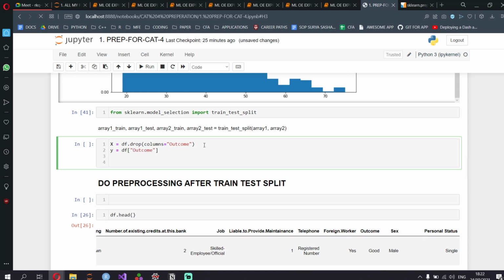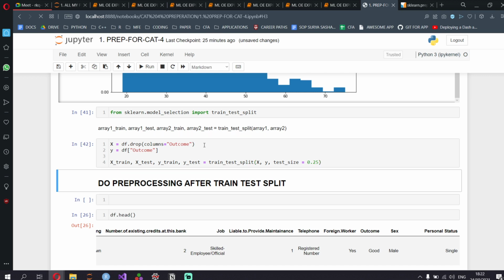Then X_train, X_test, y_train, y_test is equal to train_test_split of X comma Y comma test_size equal to 0.25. You mention how much size it needs to be. I always put it as 0.25. Cool.